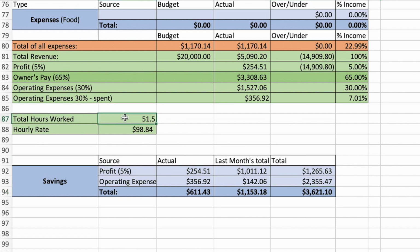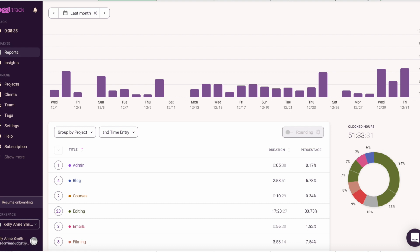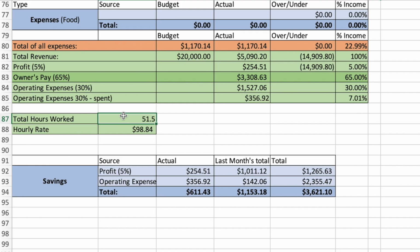Next, let's look at hours worked. This month, I worked 51 and a half hours. I track all of my time in Toggl. Anytime I'm doing anything, even recording this right now, it's tracking my time in Toggl. And so I can see what I'm spending my time on, and if I'm spending it on things that I shouldn't be. So 51 and a half hours this month total,